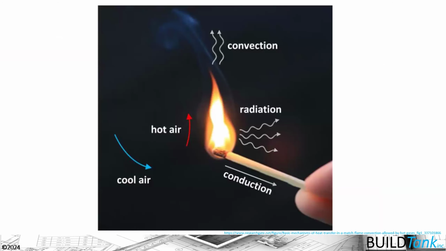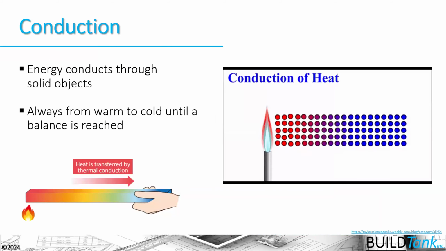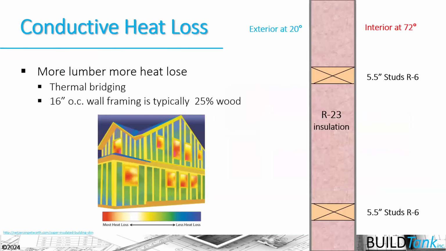So we're going to start out with a little deep dive on conduction. Conduction is energy that conducts through solid objects, always again from warm to cold until a balance is reached. And when we look at it from our house perspective, again, if we have the exterior temperature at 20 degrees and the interior temperature at 72 degrees, we know that the energy is going to go from higher concentrations to lower concentrations. So it's going from inside the house to outside the house. And we are creating a building assembly that's going to resist the flow of that energy. Now it's going to resist the flow